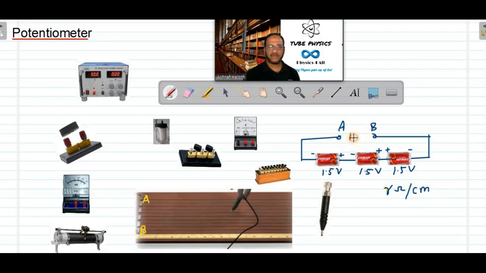1.5 volt, because these two cells are connected in proper way, 1.5 plus 1.5, and the third one is connected reverse, so minus 1.5 is equal to 1.5. 2 will be cancelled, 1 will be remaining, 1.5 volt. Now suppose this cell I am removing, okay, and we have only 2 cells here, only 2 cells are connected